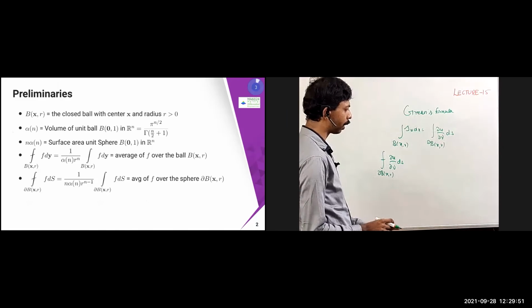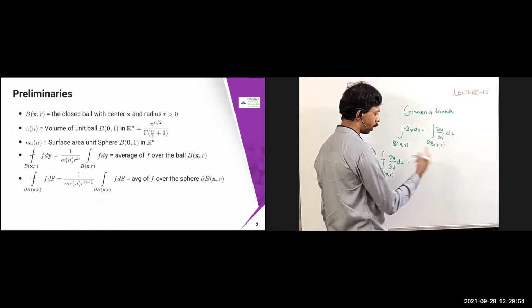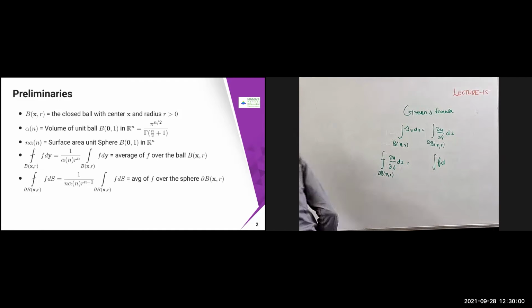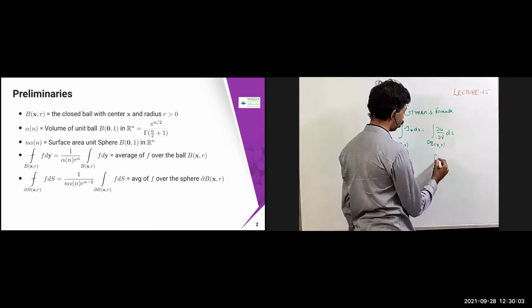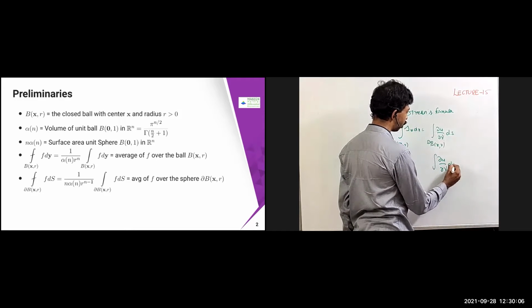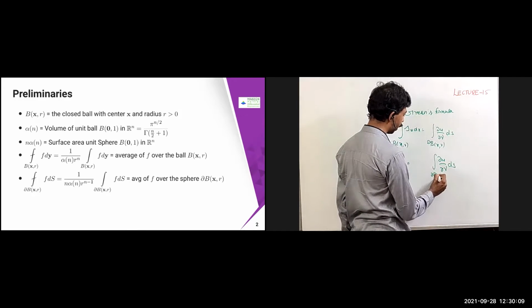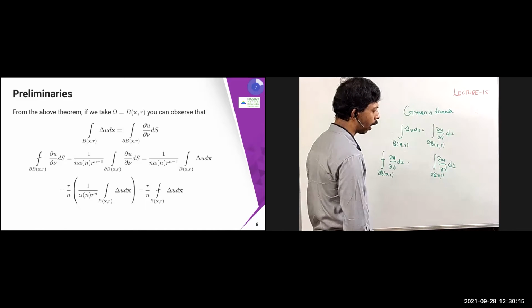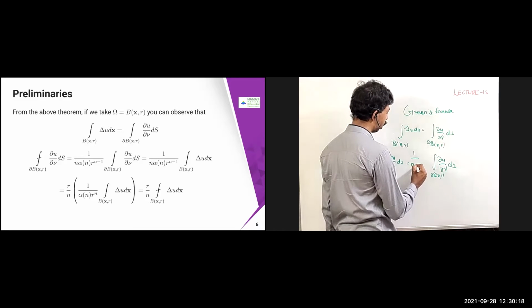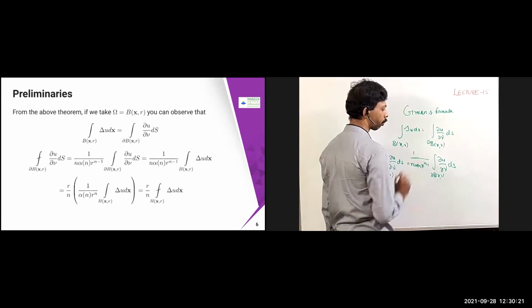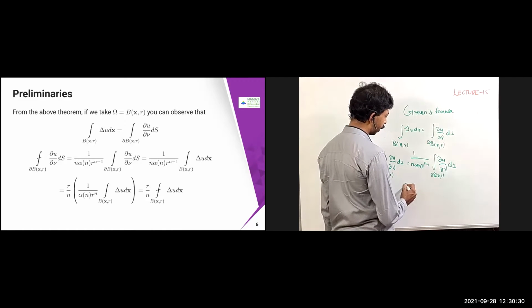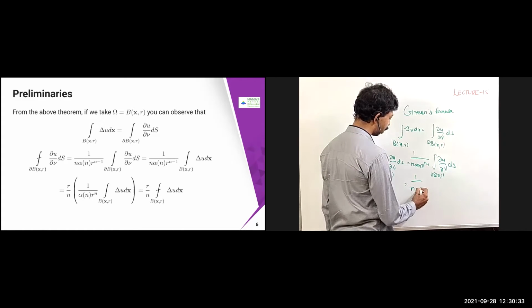What is the definition for that? The average integral definition is that whatever is here, you have to put it over the right hand side, f ds. So in the place of f, I have dou u by dou nu. I'll just replace that. So dou u by dou nu into ds over dou B of x comma r. In addition, I have a term, 1 by n alpha of n r power n minus 1. Here also I did not do anything, just use the definition of that. So I can just write it as 1 by n alpha of n r power n minus 1.